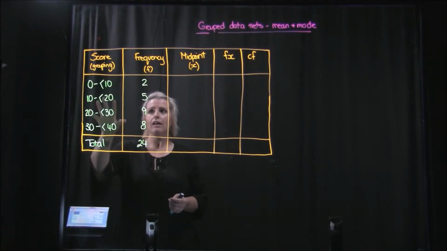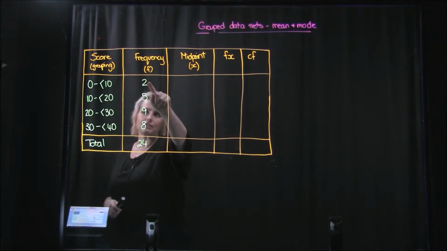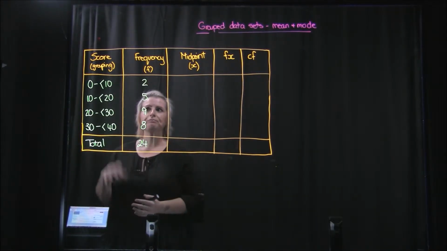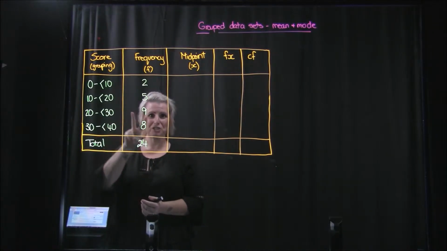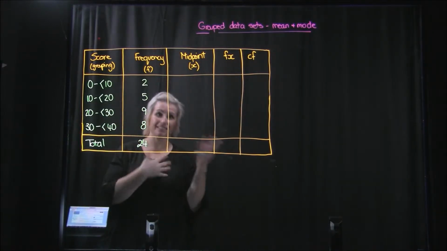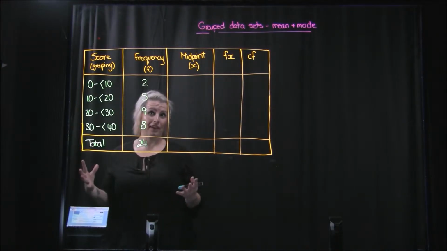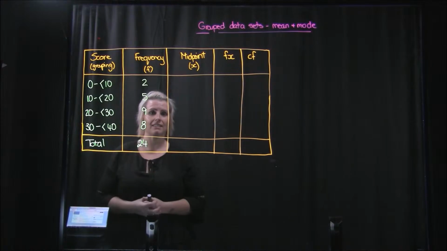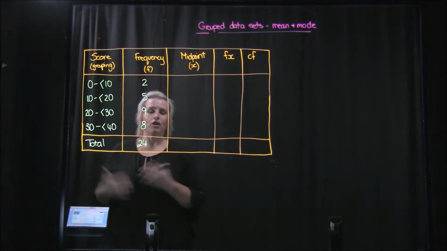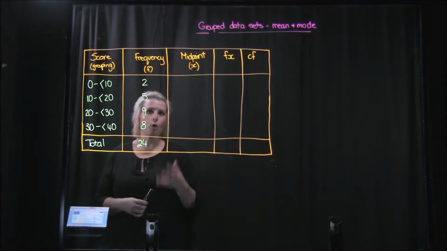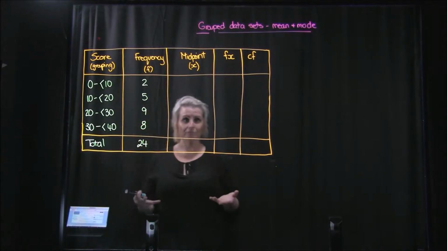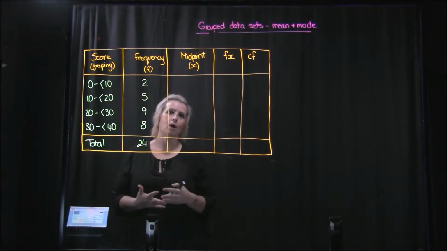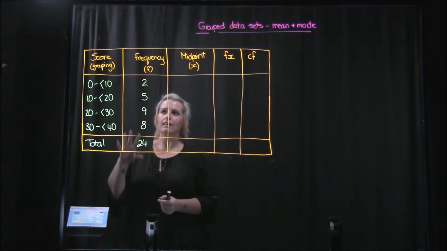grouped intervals. Now what this means is there's a frequency of 2 for the 0 to less than 10. What that means is there are 2 scores between 0 and less than 10. We don't know what they are though. Down here there are 9 scores between 20 and less than 30. We don't know exactly what they are. So what we do in order to then be able to estimate within reason, mean, mode and median, is we